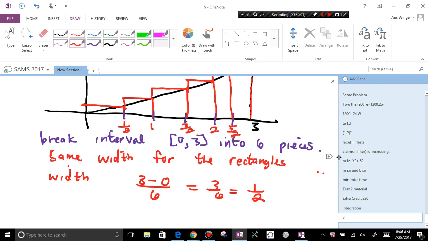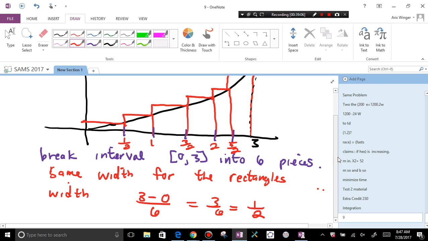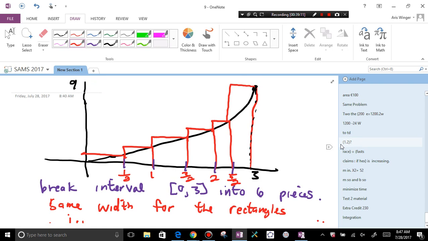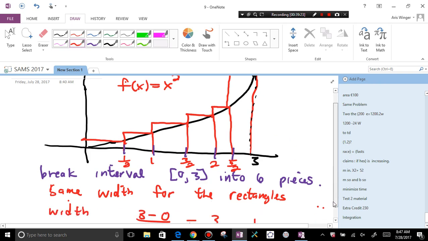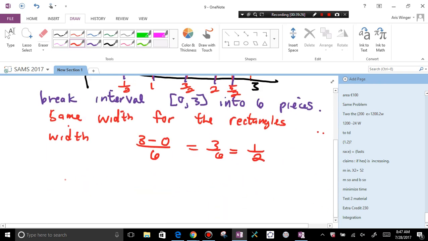Questions on that? So now I have the width. Do I have the height? How do I know the heights? Well, I have the function. The function is x squared. So now I have all the heights, and now I can do some approximation. Let's get one. So an approximation to the area